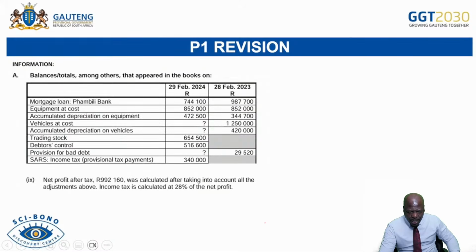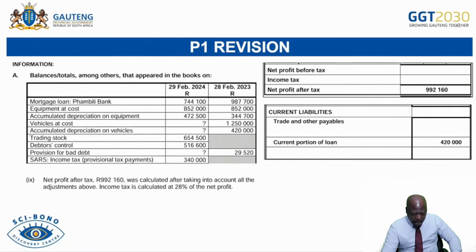Let's see another option that can be brought to us. Again, we are told net profit after tax is 992,160, which is over here. It was calculated after taking into account all the adjustments above. Income tax is calculated at 28%. Net profit before tax, that's 100. Net profit after tax, that's 72. So what we want here is 28, what we have is 72, and we multiply that by